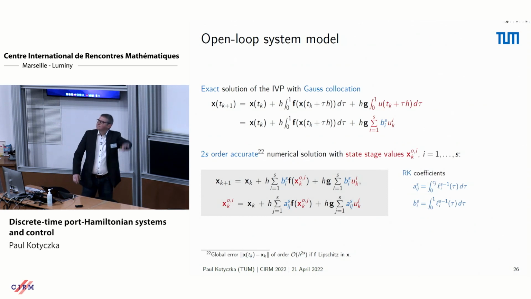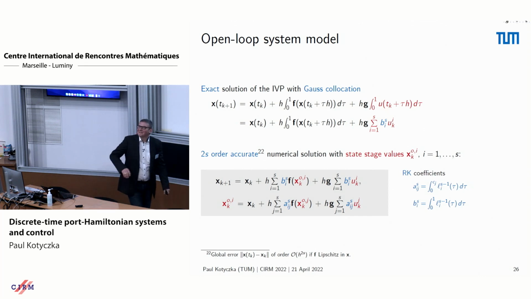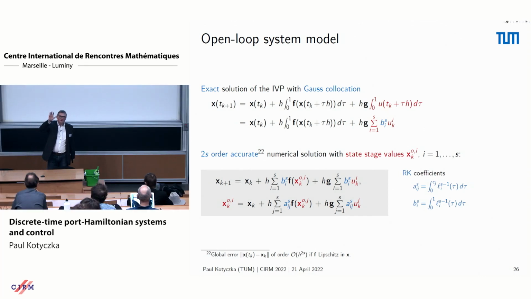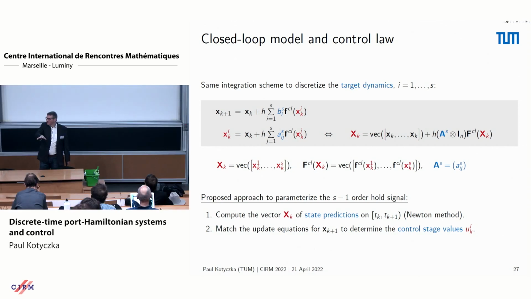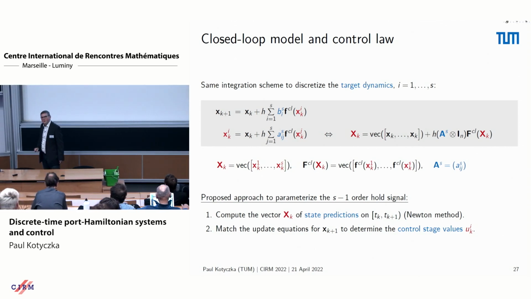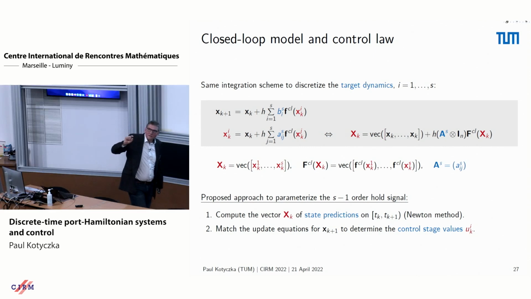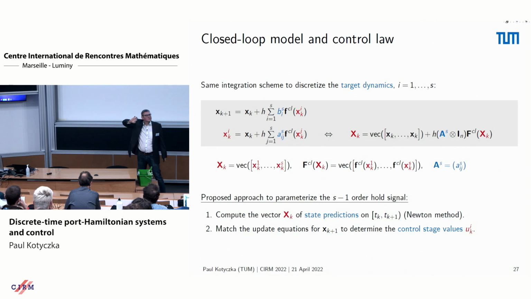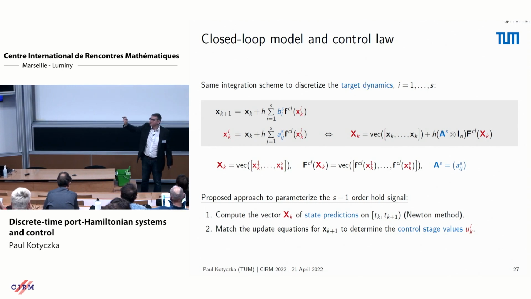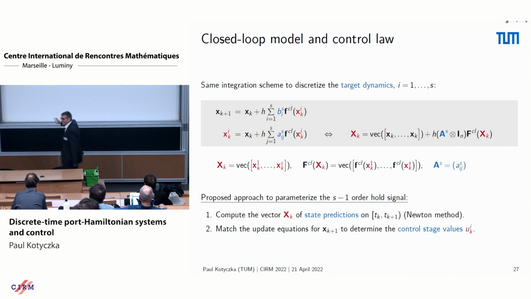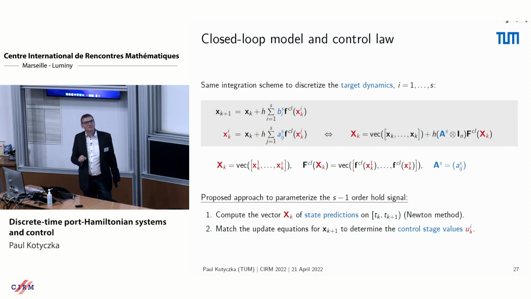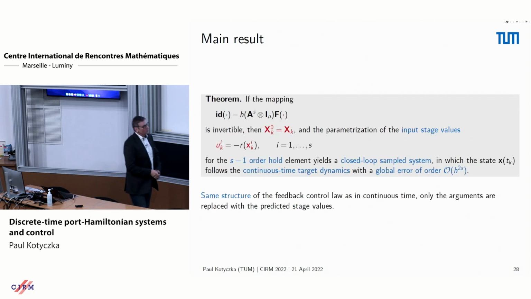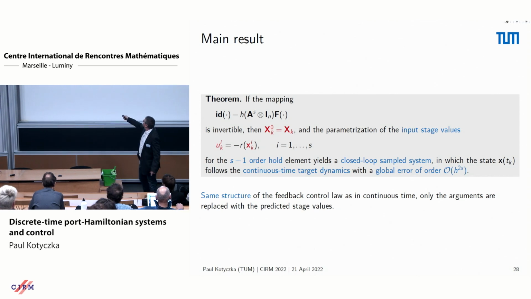Then we basically do numerical integration of the open loop system. We do numerical integration of the closed loop system. And the key is now that we compute those stage values for the states based on the target behavior of the closed loop system. So we make a prediction step with the closed loop dynamics, and we use the stage values of this prediction step to implement our control law to parameterize